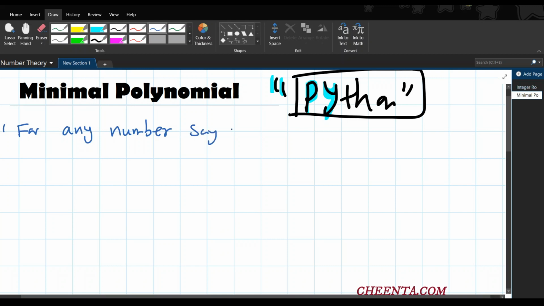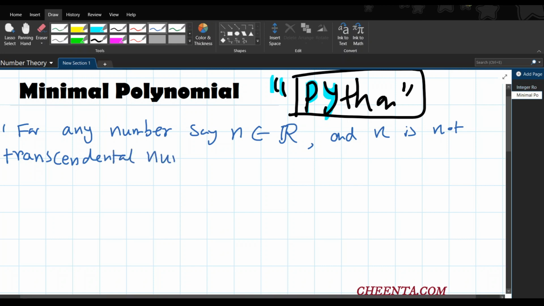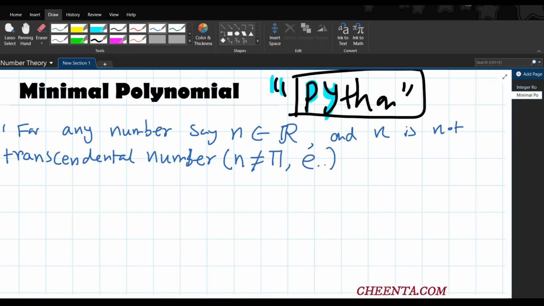say n, which belongs to the set of real numbers, and n is not a transcendental number, that means n is not equal to pi or e type of number. Sorry, not phi, pi or e. That is, n is the solution of some type of algebraic equation. Okay, so if n is a number like this,